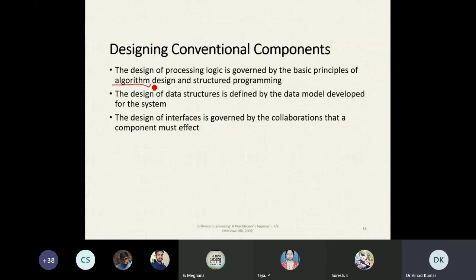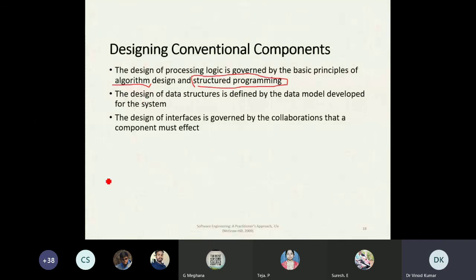So how will you do that? You will use algorithms, a structured programming approach. The design of data structures is defined by the data model developed for the system. So whatever data structure you use, its design will depend upon the data models.